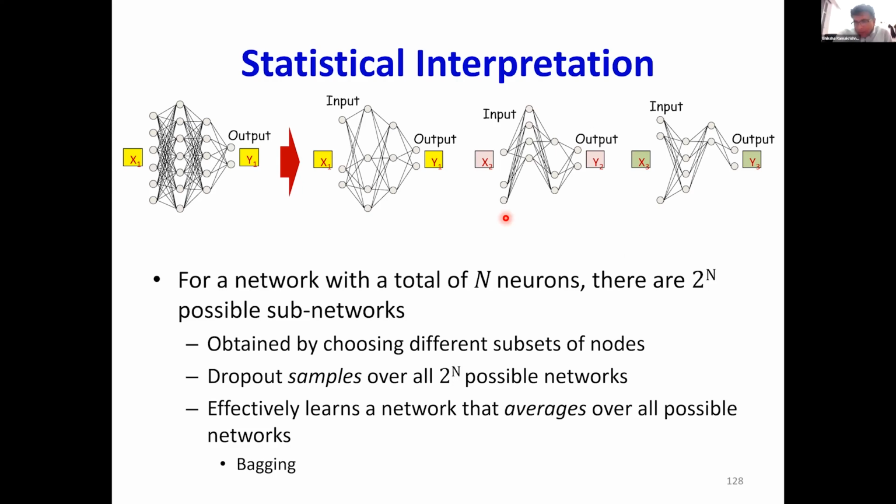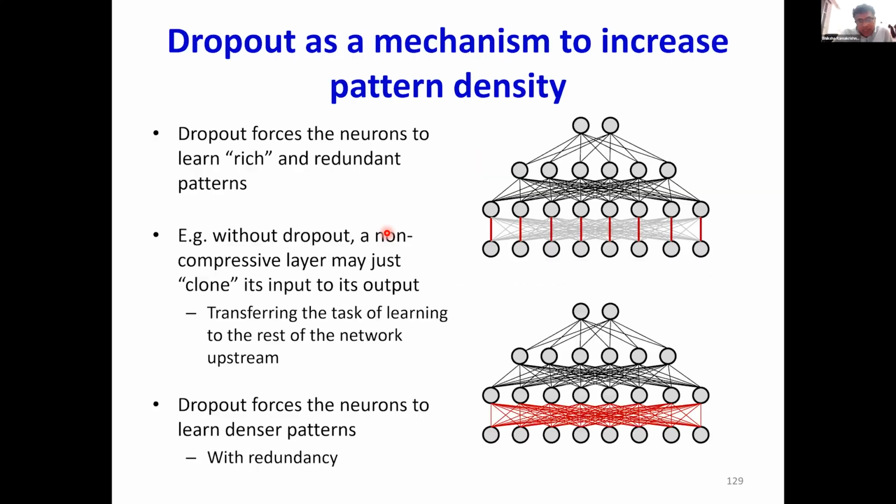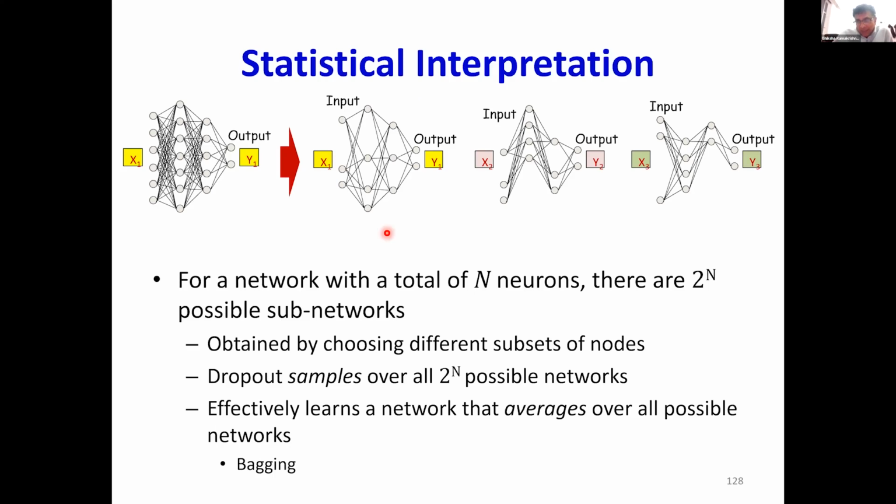Right? Then with the rest of you, did that make sense? Right? And so effectively, what dropout is doing is learning 2 raised to n different networks. They're not independent because they share parameters, but it learns 2 raised to n different classifiers simultaneously with shared parameters. Okay? And so that's the statistical interpretation, but there's also a